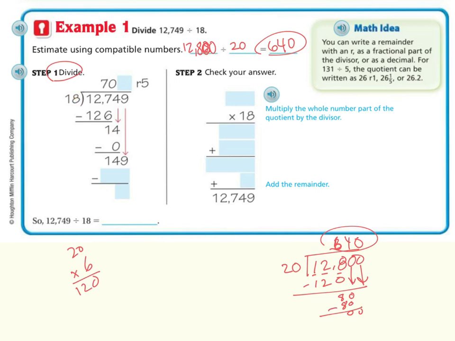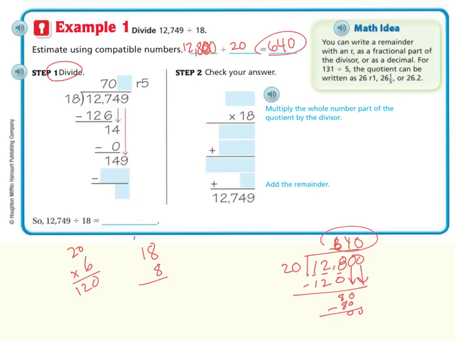18 cannot go into 14, so I'm going to put a 0 up here, and I'm going to bring down another number. So now I have 149, and 18 goes into 149. I just happen to know it goes in 8 times, but you can try different numbers. It doesn't matter. You can do the guess and check. 18 times